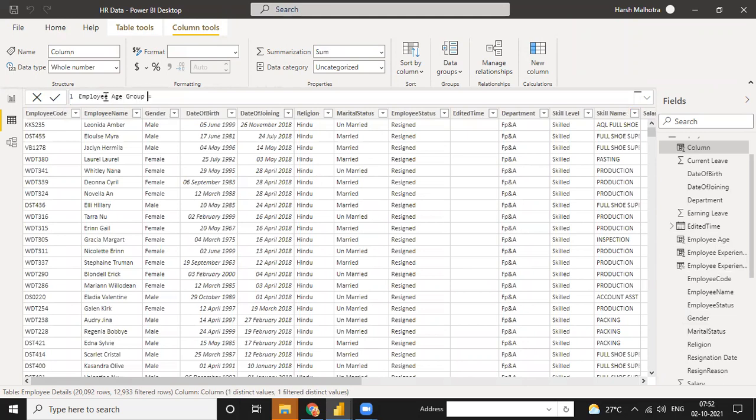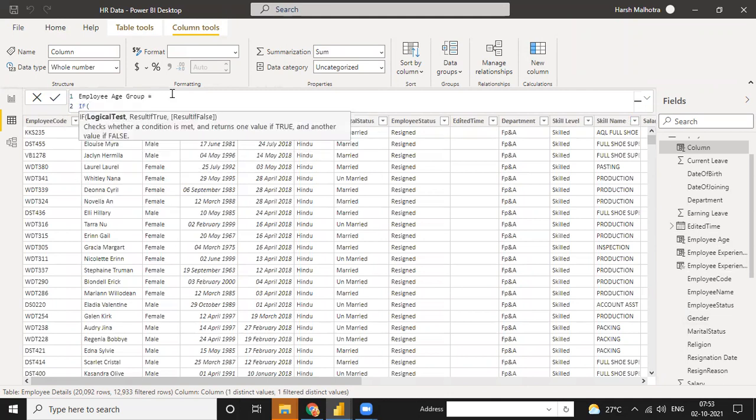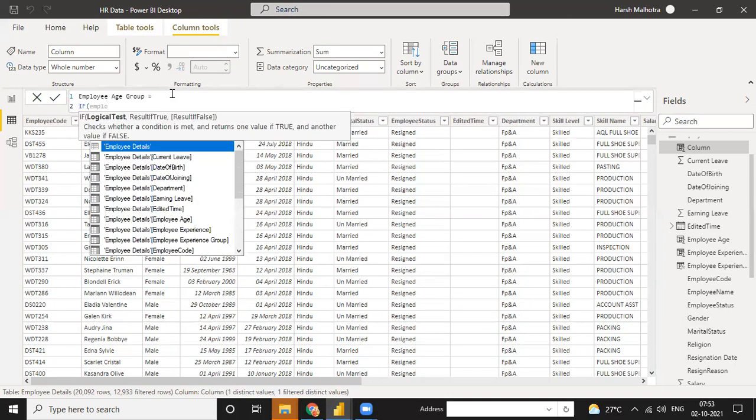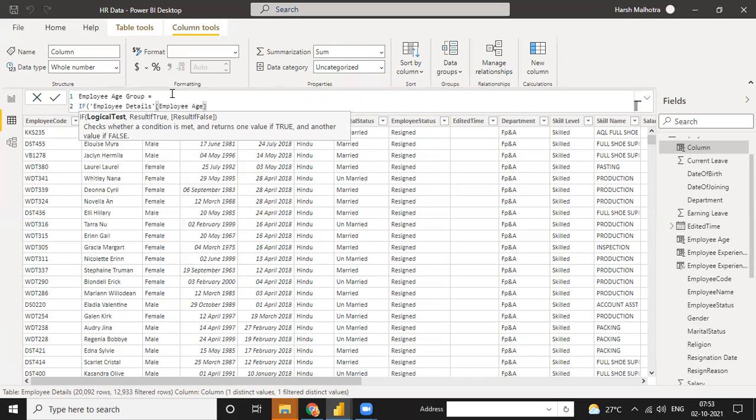Age group. You just have to write the if condition on employee age. You can write it here as employee age greater than or equal to. Suppose right now I calculate employee age is more than 61.